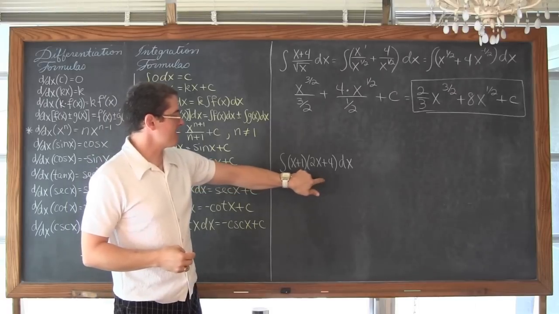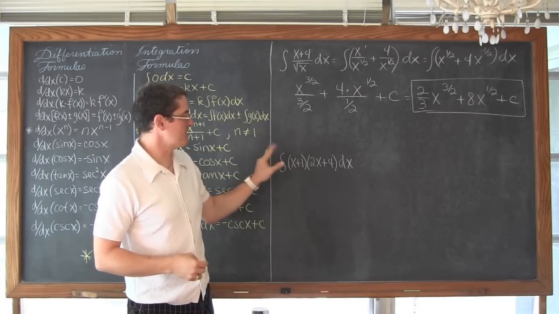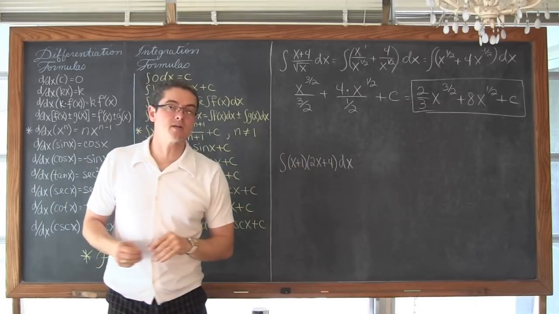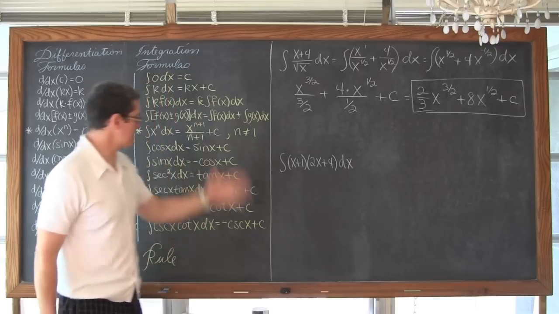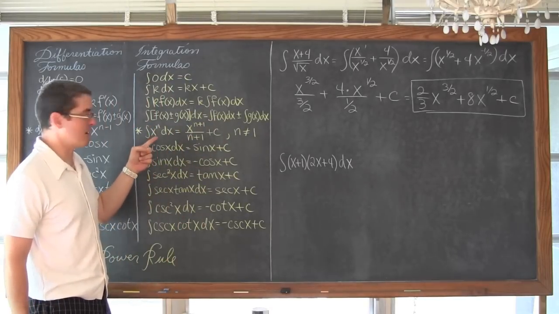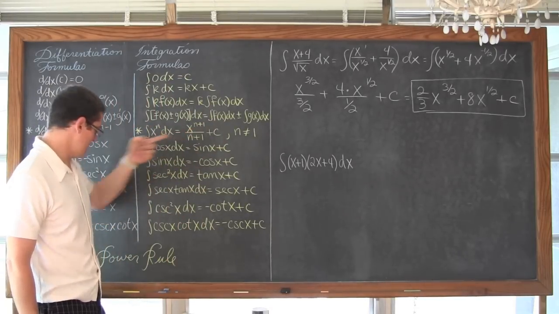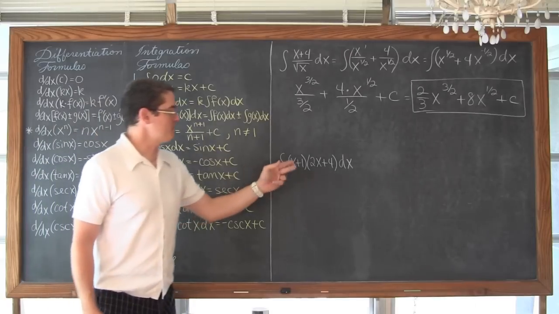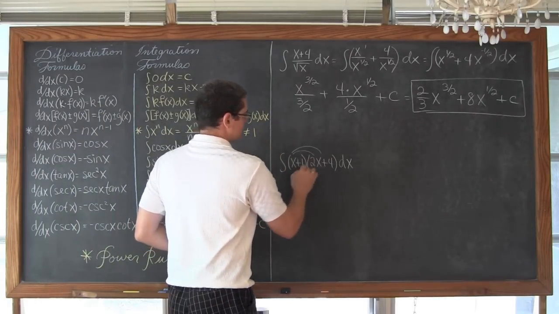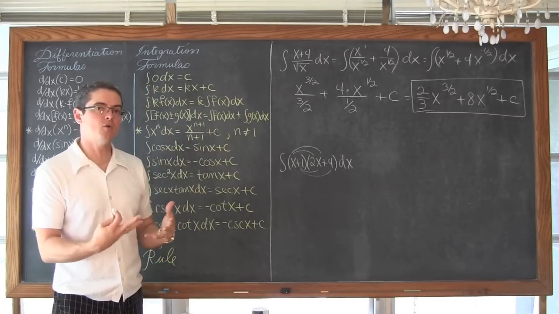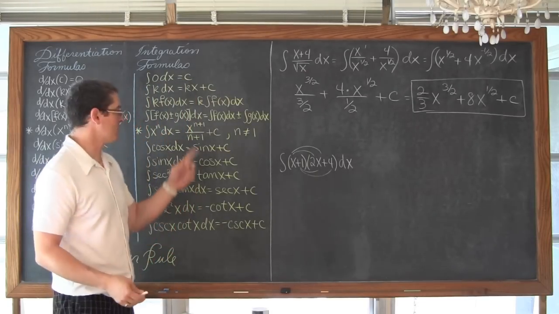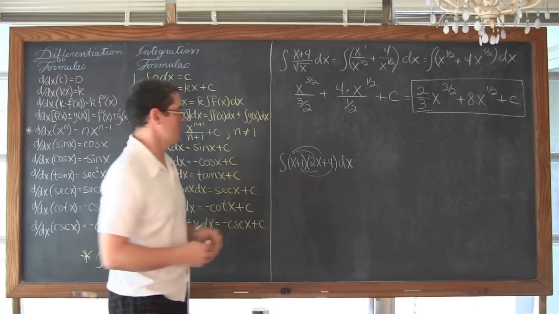Okay, so here we want the antiderivative of x plus 1 times 2x plus 4 dx. Well, there is no product rule. The most powerful one we have at our disposal is the power rule. So we're going to want to distribute these binomials together and get it written in polynomial form so we can use the power rule on each of those individual terms.